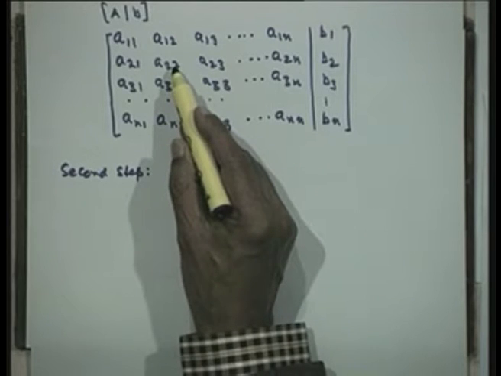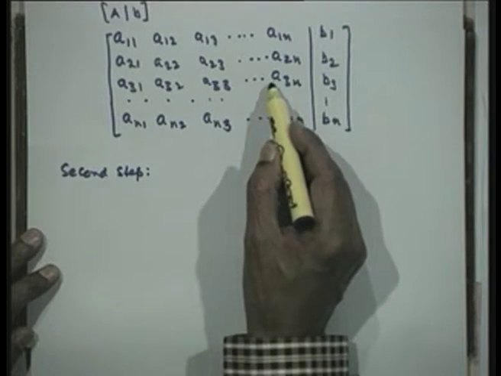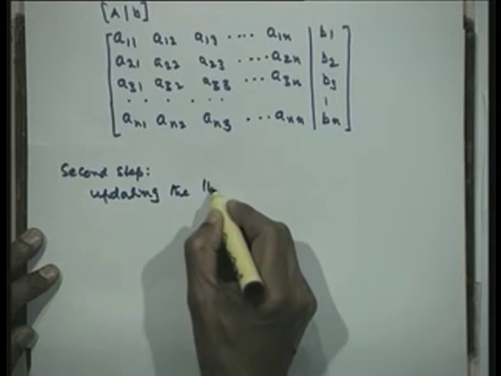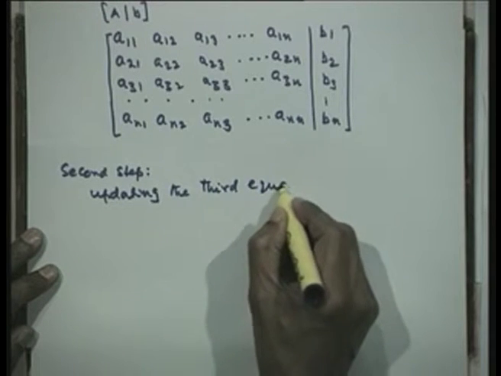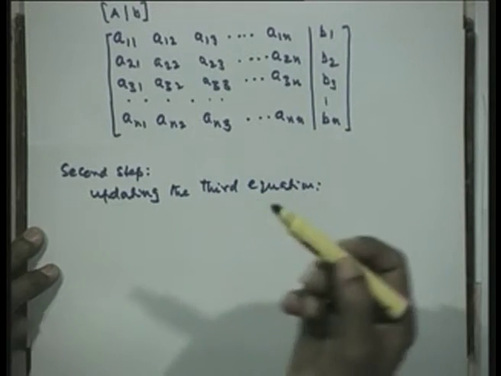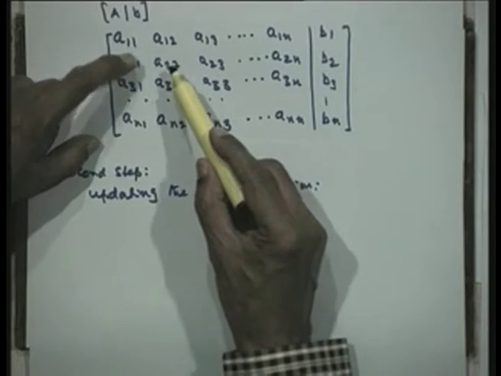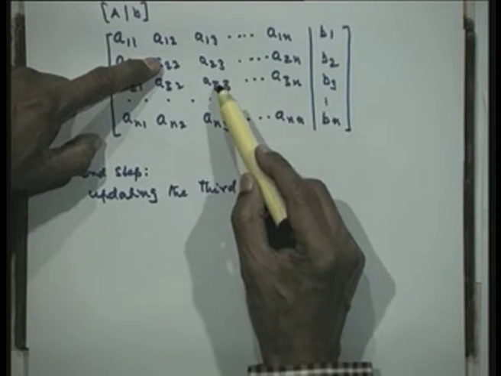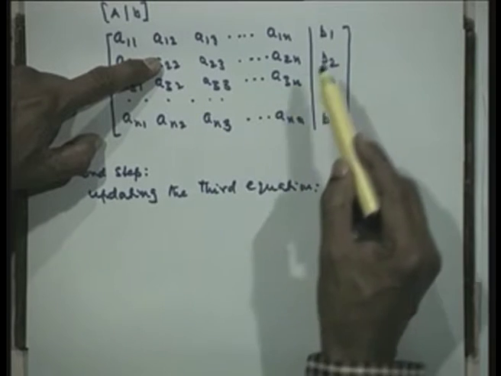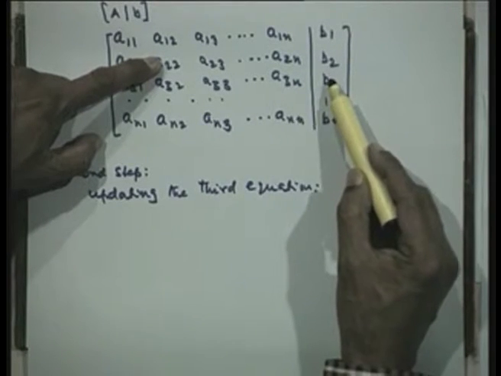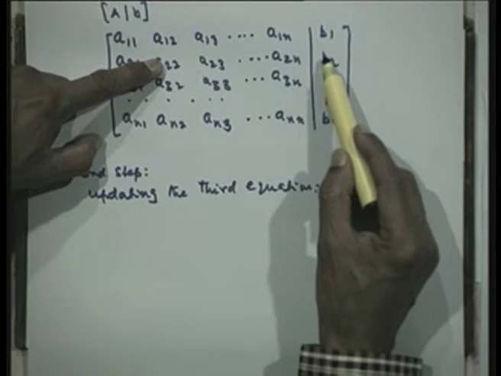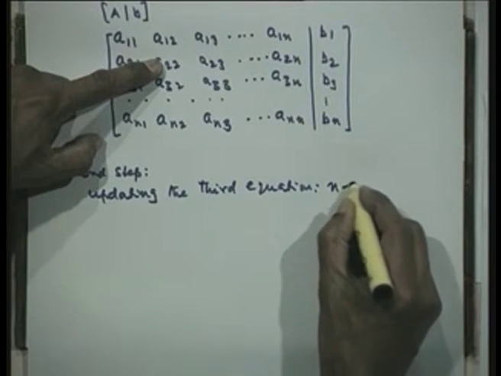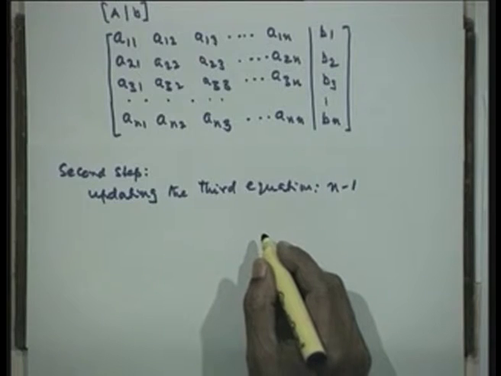Now, when we are at the second step, we are now updating the third equation onwards. So, we are now updating the third equation. Now, let us look at this one. I am using this pivot here. I am multiplying this by this a32 and subtract, multiply this quantity by a32 and subtract, multiply the quantity here by a32 and subtract. So, I have got here n minus 2 plus 1, that is equal to n minus 1 elements are updated. So, I am now updating n minus 1 elements, 1 less than in the previous case.